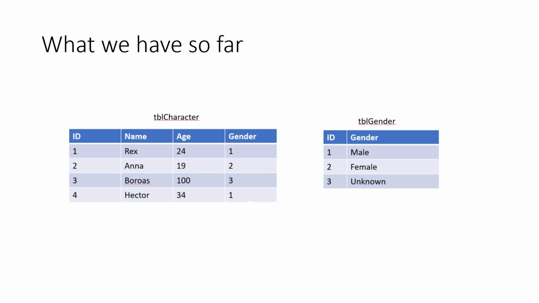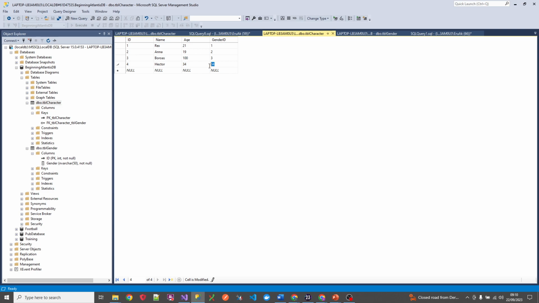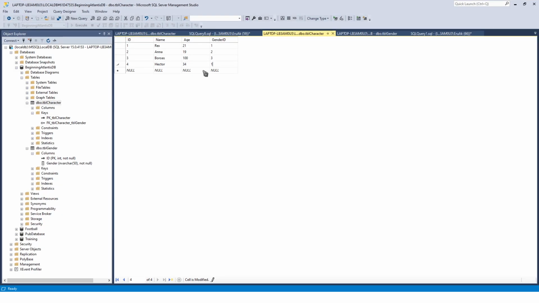34 isn't there. So when we try that, we get that same error now. So it prevents us from doing that. So let's enter in the right value, which in this case is 1. And then when we click off of that, cool. So it's let us do that. Okay, brilliant. So our constraint is now being enforced, thus maintaining the accuracy and the integrity of our data. Okay, hope that made sense to you guys,